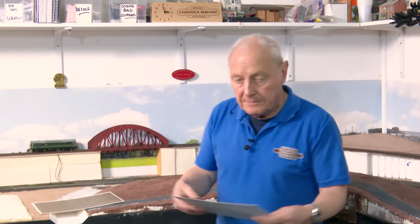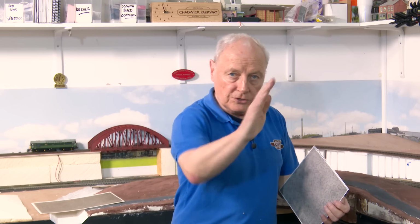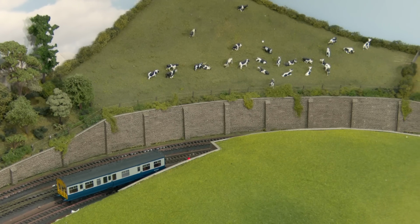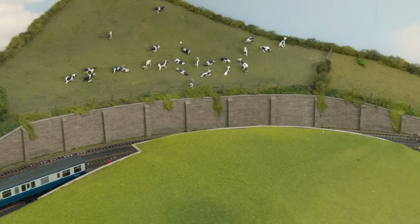Now, because of this curve around here, you can't use card at an angle, because if you wanted to put an angle on your retaining wall, the brick courses then will curl up. So if you use printed card, it has to be vertical. And over in this corner here, as you can see, I've curved it around, and there are brick abutments to give it the air of realism, supporting the